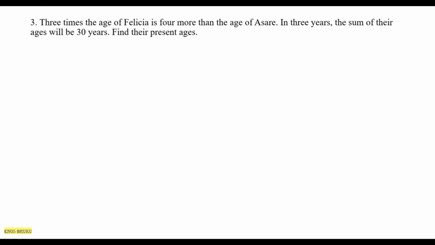Our question reads: 3 times the age of Felicia is 4 more than the age of Asare. In 3 years, the sum of their ages will be 30 years. Find their present ages. Alright, so now this question is a word problem, and to tackle word problems,